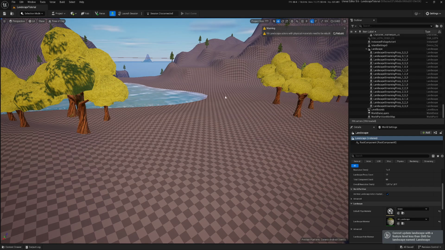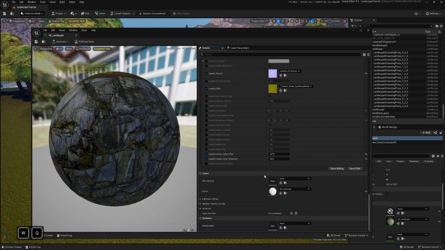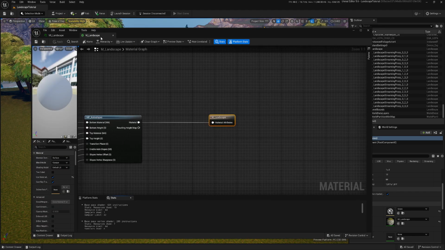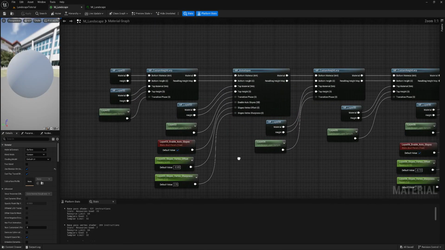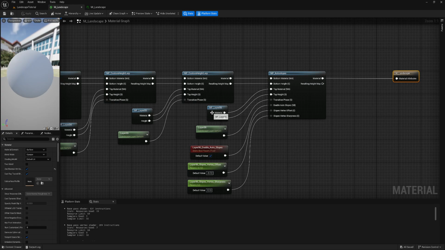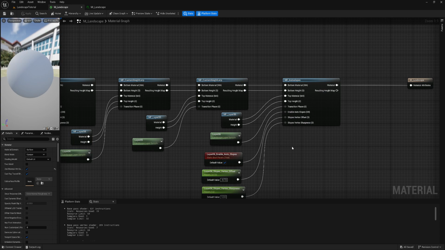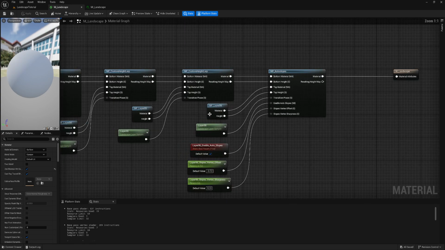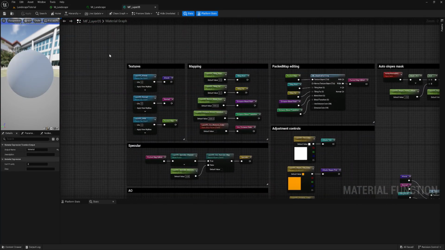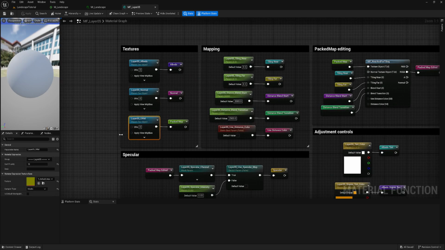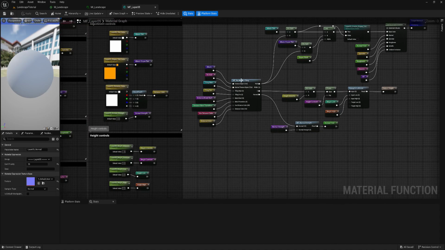So I will disable this preview. And let's scroll down. And here is our parent material. This is how it looks from our last videos. So each layer's information is in this, right? And the rest is just lerping between layers. So if, let's say, I go into this one, we have these texture inputs. We have this input as a texture object. So this is the original texture object. And then inside here,